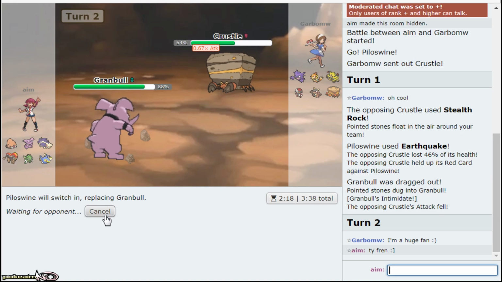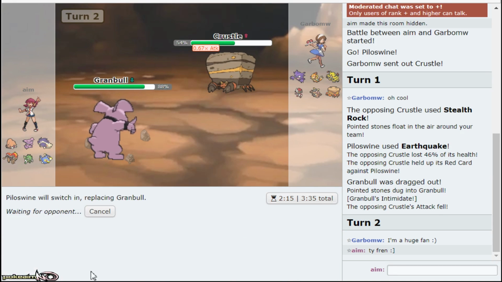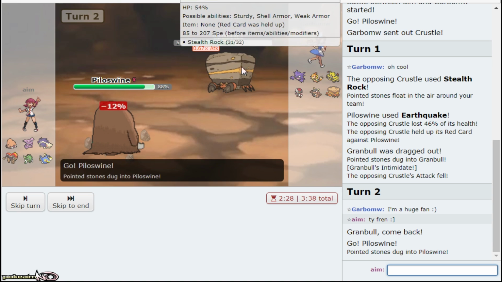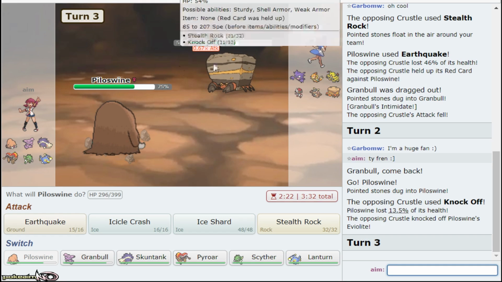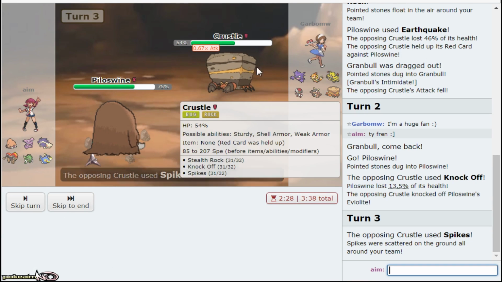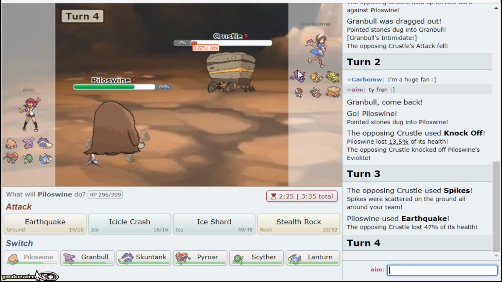I can defog versus this guy with Skuntank. But I'm a defog versus Haunter. I want to go back down to Piloswine though, because he doesn't have a switching to it. And like I said, I'll defog versus Haunter. I just need to weaken Crustle and then get up rocks after. Knocked me off, unfortunately. Where'd he go, Haunter? I mean, Haunter doesn't even knock me out. It's Earthquake. Yeah, he's just gonna get up Spikes. So even though I'm a defog,